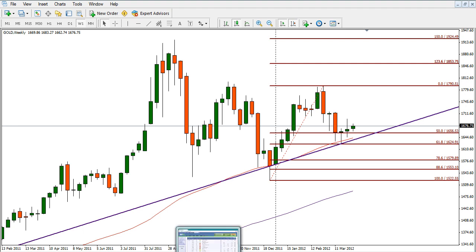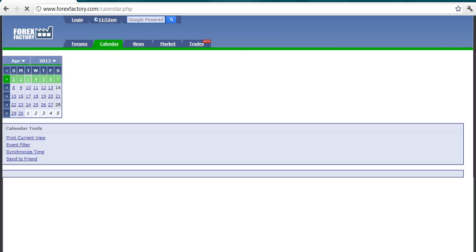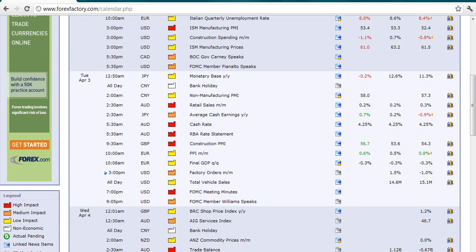Okay, that's all for the charts. Let's have a look at the Forex calendar for this week. What do we have? What day are we today? Tuesday. So in terms of today, we've already had some nice bullish construction PMI numbers out of the UK,